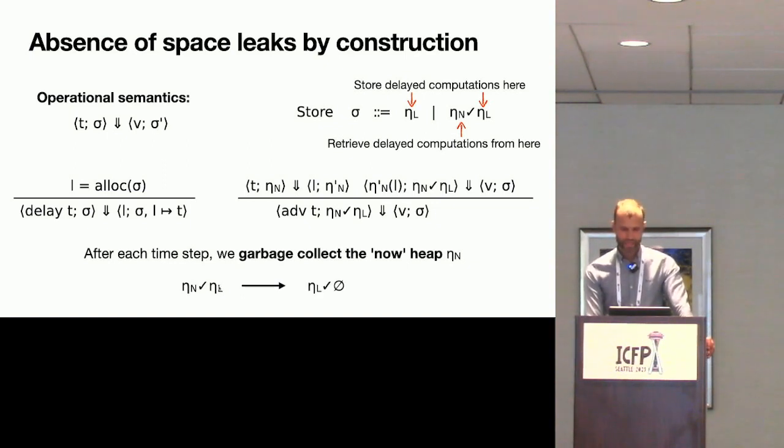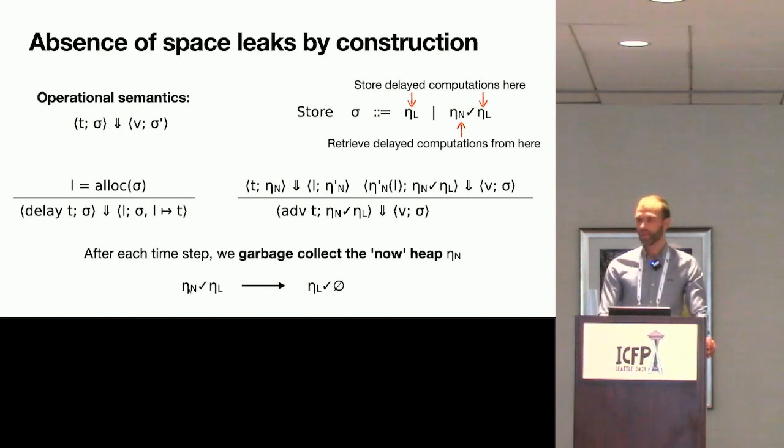So the later heap is promoted to the now heap, so on the next time step we can actually read from it, and the now heap is just garbage collected, it's just gone. Right? So by this construction, the semantics has no space leaks. And then the proof is merely showing that this won't crash. So that's taken care of by